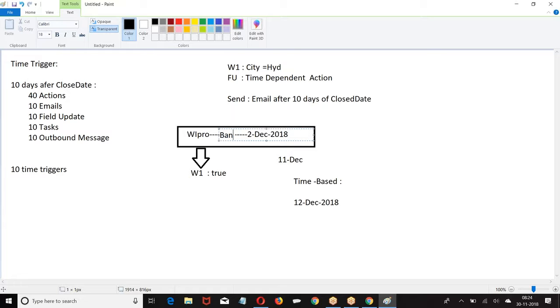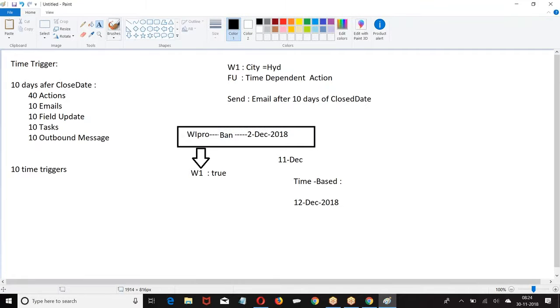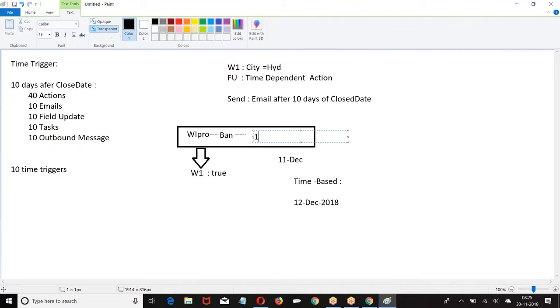Right. Next one. On the 11th December, I modified the close date to 15th December. Then what will happen? The action will be rescheduled to 25th.